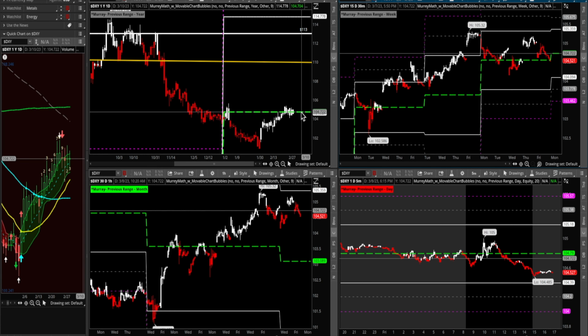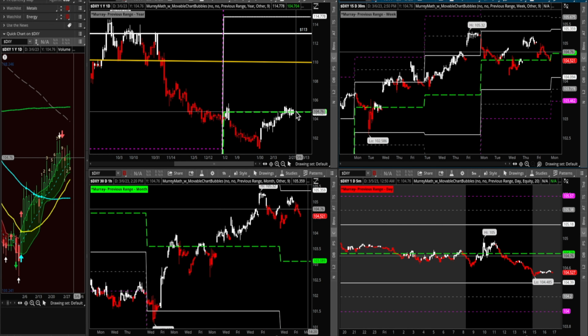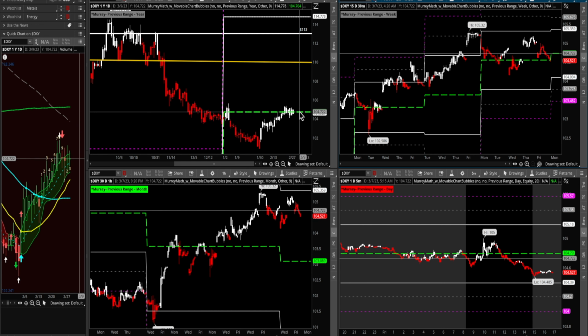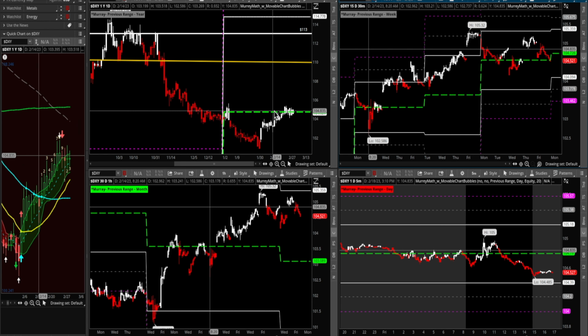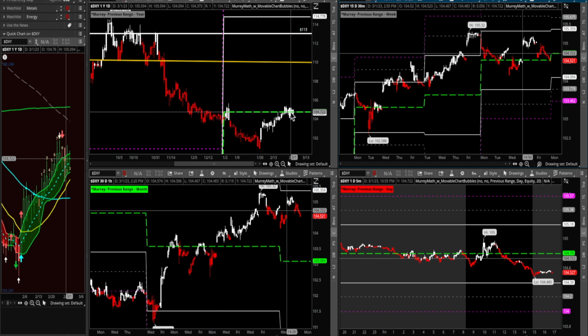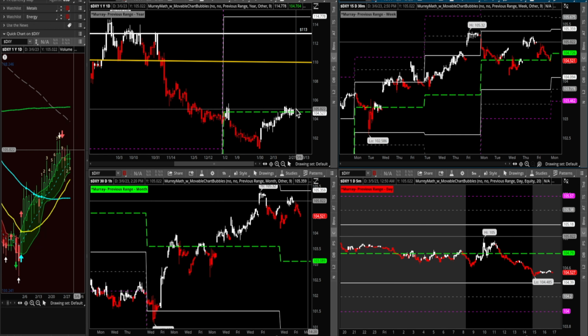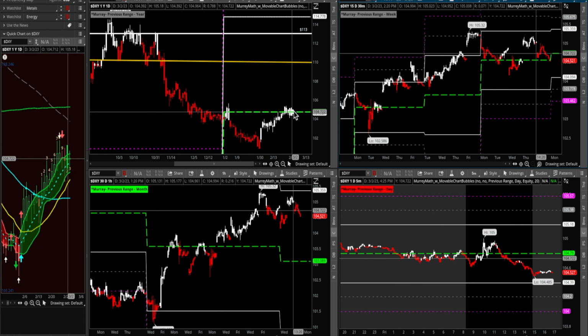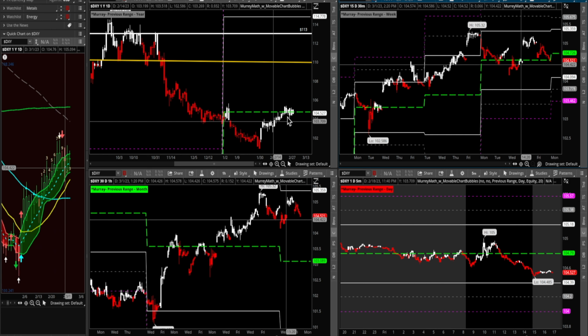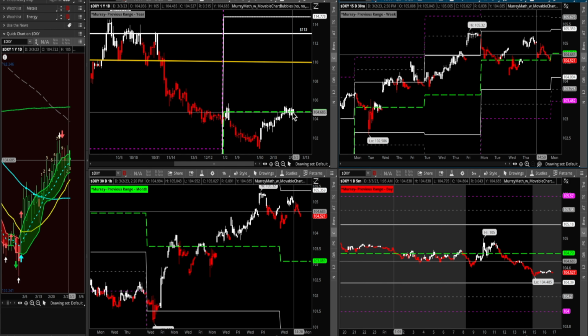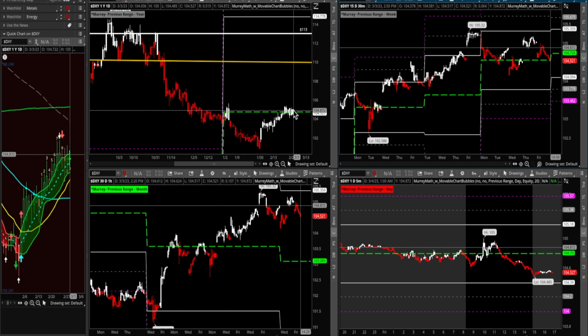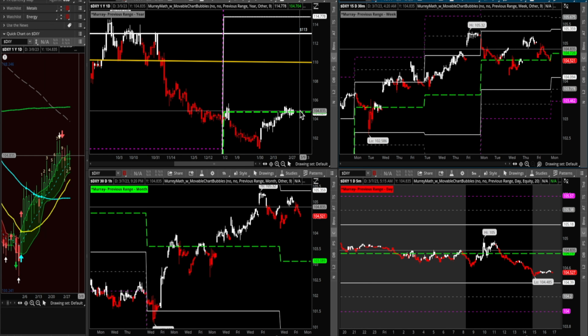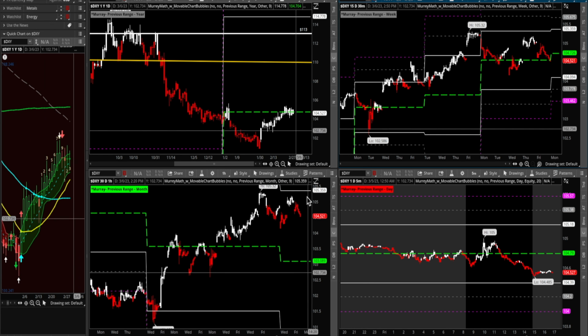Looking at our midpoint chart, you can see that 104 and change is very important. That's the previous 50%, and it's just kind of going back and forth. Not closing above it. I mean, closing above it, but just kind of going sideways. So there's some kind of trap that's going to play out. It's either going to squeeze everybody to the upside, squeeze to the downside, or just continue going sideways. But this is a key level.